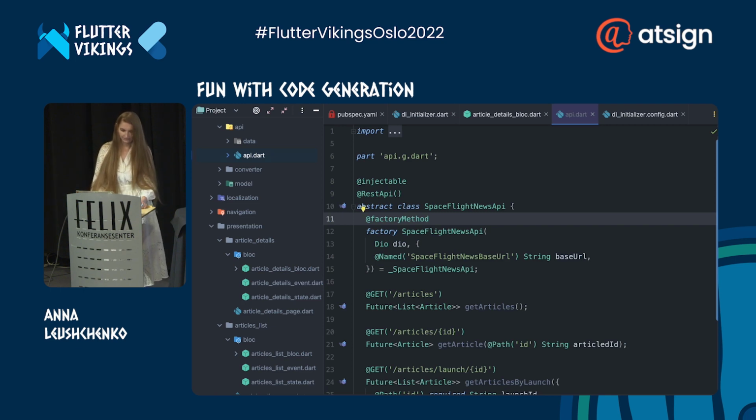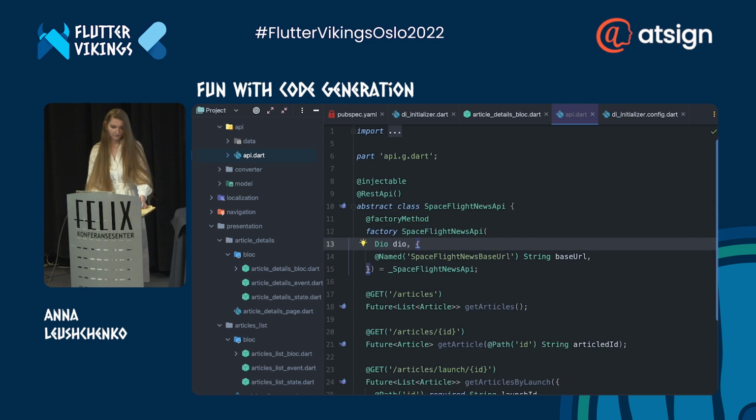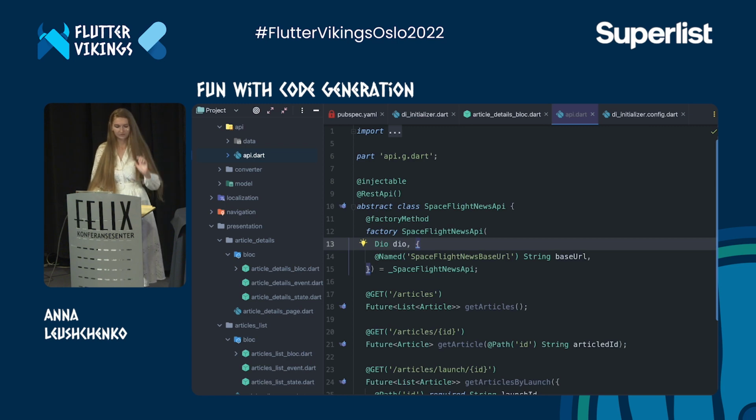It can be applied to the named or factory constructor or a static creation method to be used instead of the default constructor. Most parameters of this class are also interesting. Here we inject the Dio instance. But the good question is how getIt will know how to create such an instance. We cannot simply annotate it with the injectable attribute because we don't own the source code.